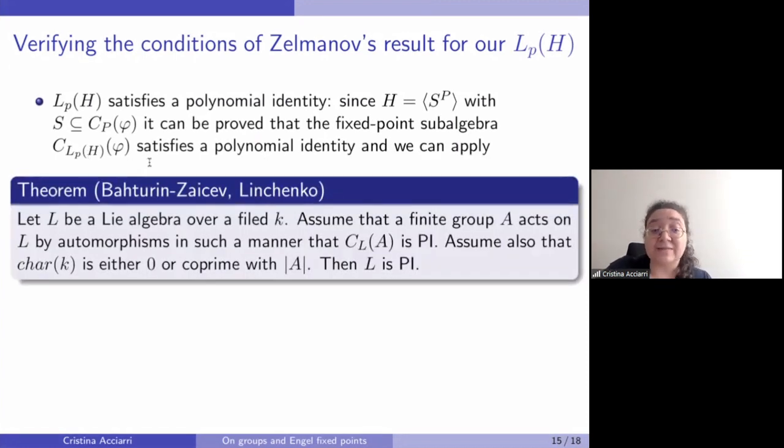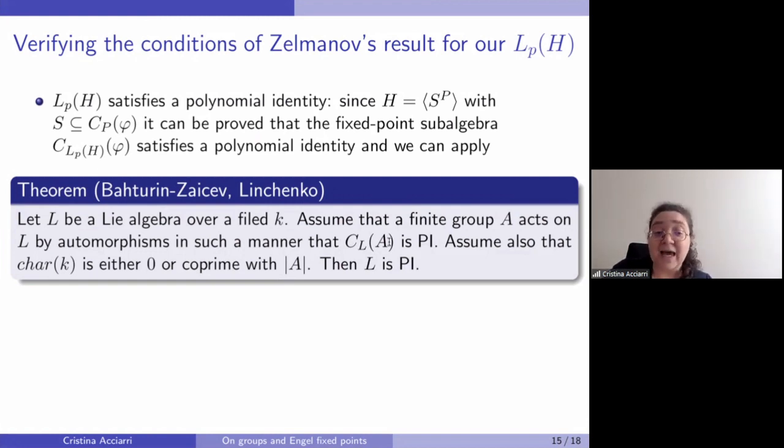Once you know that this subalgebra of fixed points satisfies a polynomial identity, there is a nice criterion due to Bahturin-Zaicev and Linchenko that guarantees that the whole Lie algebra L_p(H) will satisfy a polynomial identity. Bahturin-Zaicev proved the soluble case, and Linchenko the general one. We are going to use the Bahturin-Zaicev version, which states that if L is a Lie algebra over a field K, and a finite group A, for us the cyclic group generated by the automorphism phi, acts on L by automorphisms in a manner that the fixed point subalgebra is PI, so satisfies a polynomial identity,